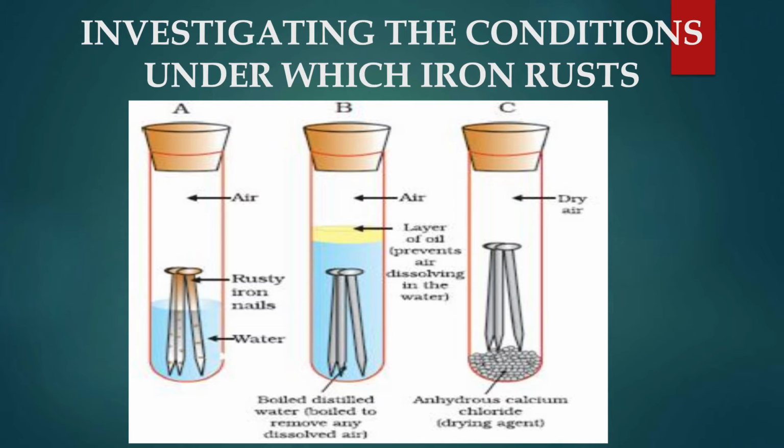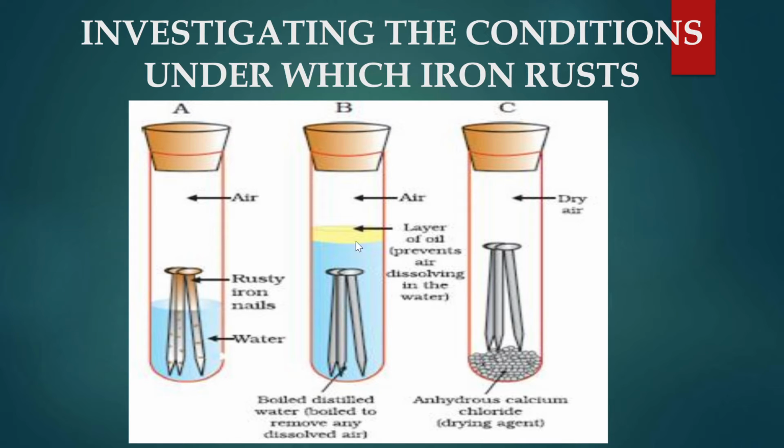Let us investigate the conditions under which iron rusts. So, for this we are taking three test tubes. Test tube A, test tube B and test tube C. Mark them as A, B and C. Take iron nails of same size, clean them up, dry them up properly, and place three nails, or you can place two or one also according to your convenience. Place them in all the three test tubes. Okay, in the first test tube, we are going to add water such that the nails are half exposed to air. They are half dipped in water and the remaining part is being exposed to air.